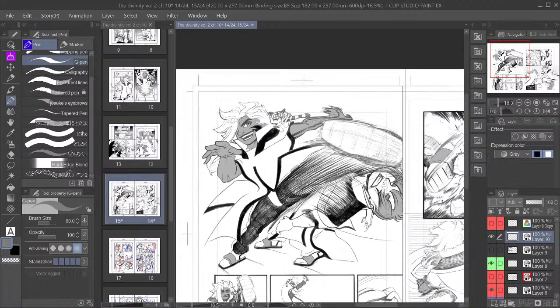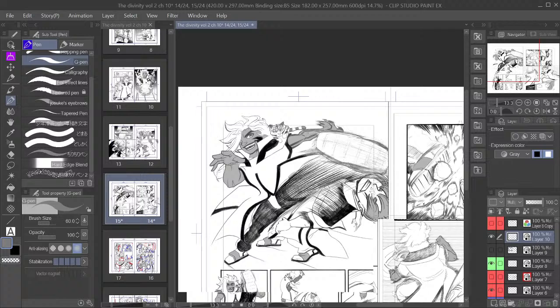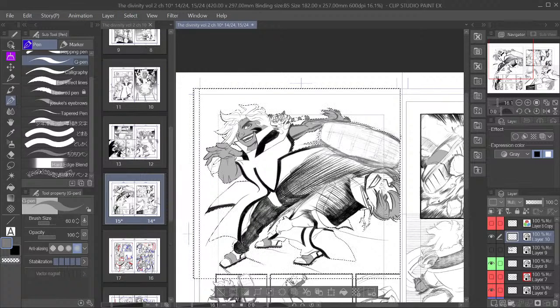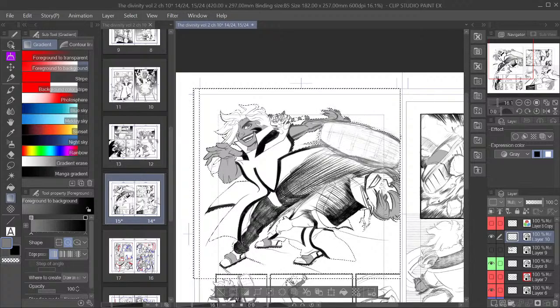So what I usually would do, is my selection gone, let me reselect. What I usually would do is just fill this area a certain way. What I'm going to do is I'm going to use this filter or this gradation tool,